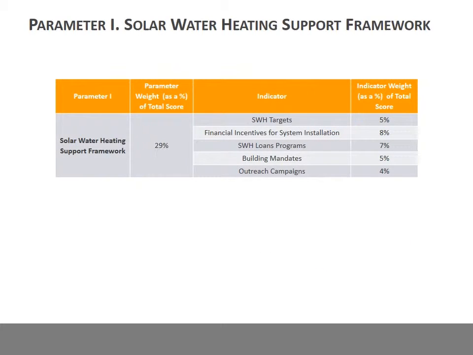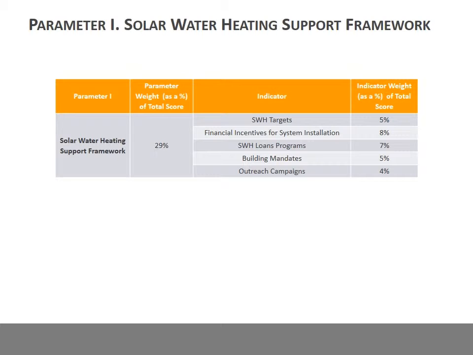A binary score of 0 or 5 is assigned to each of the 5 indicators, with 0 meaning that a policy is not in place, and 5 indicating that the policy is in place at the national level. The exception to this is for mandates, where a score of 2.5 is possible if such policies are in place